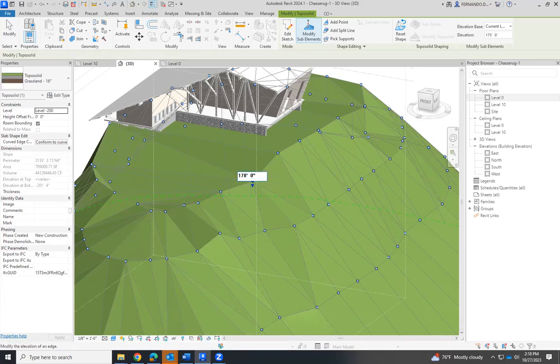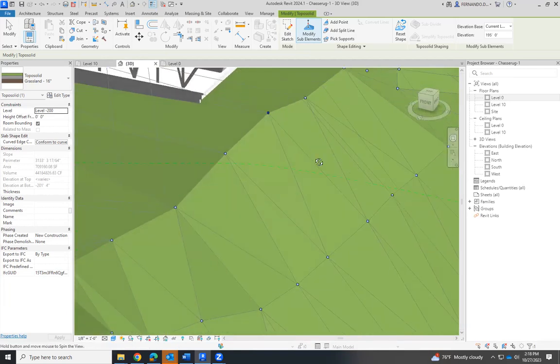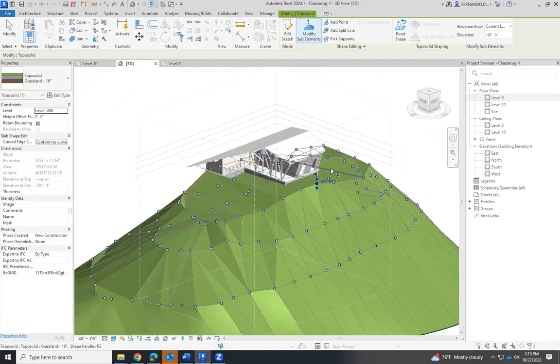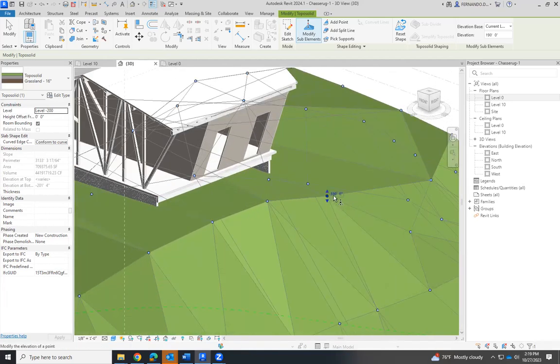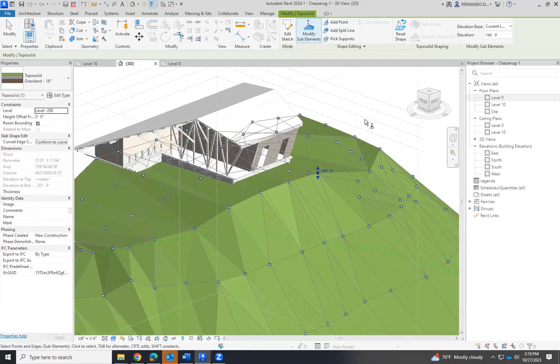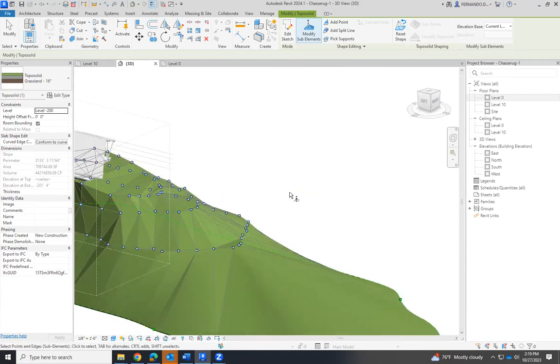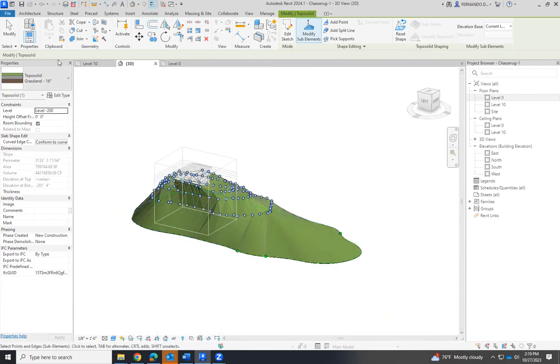If here I type 178, if this is 195, or this is 197, and this is 196. Okay, so we can have a more natural profile. But that would be the idea.